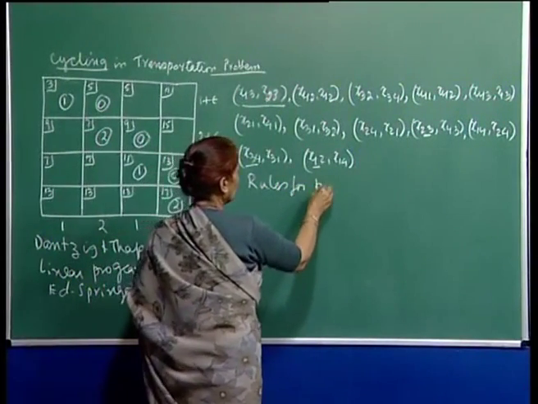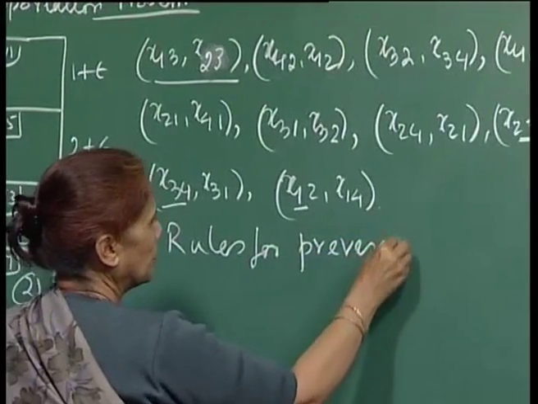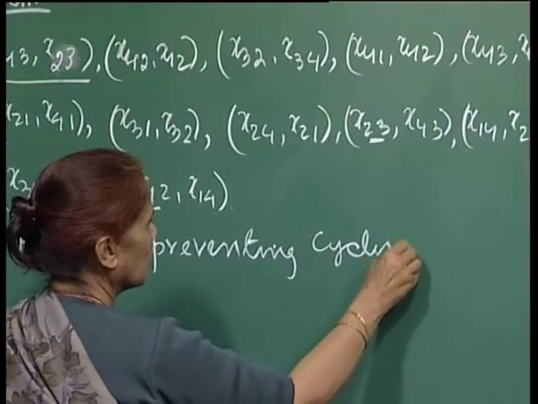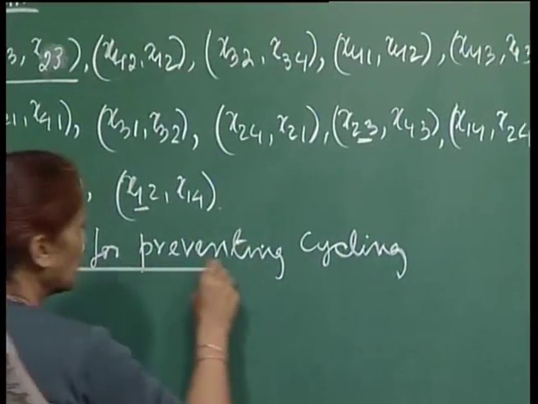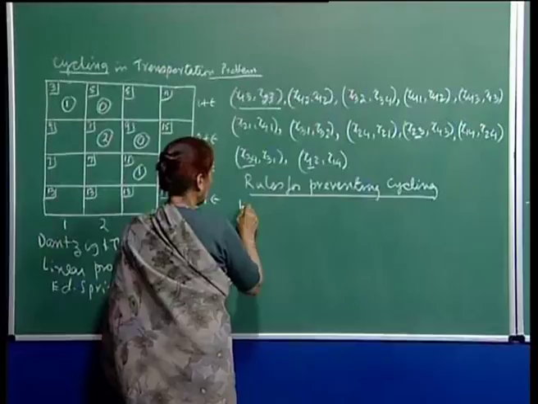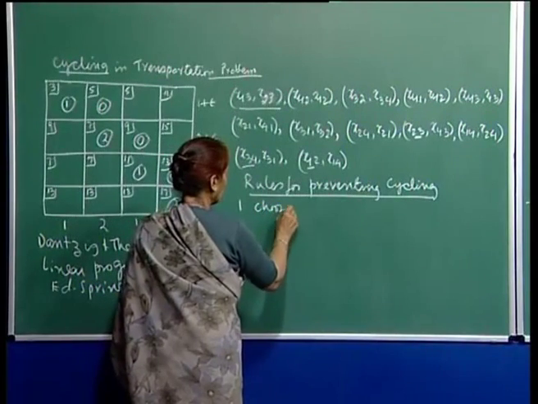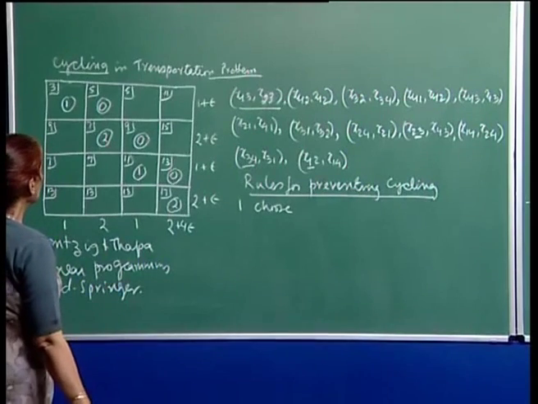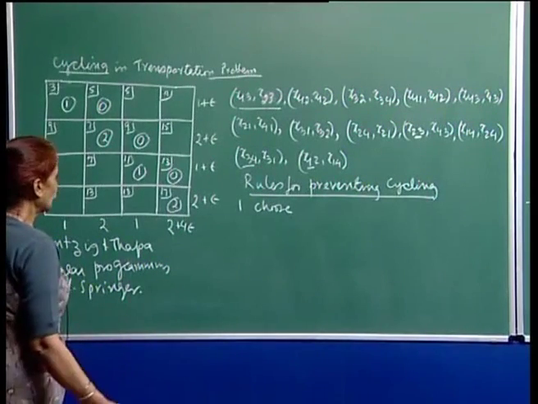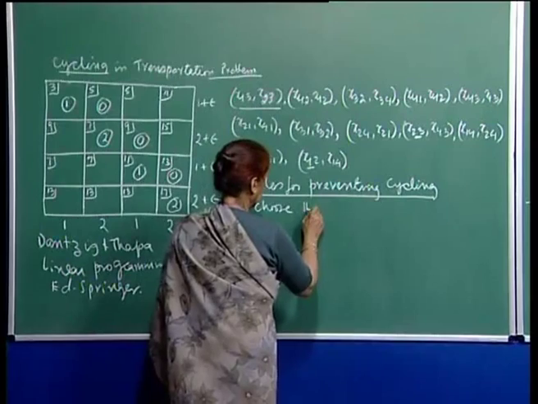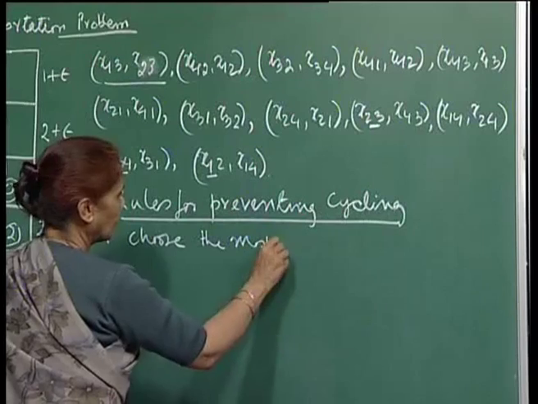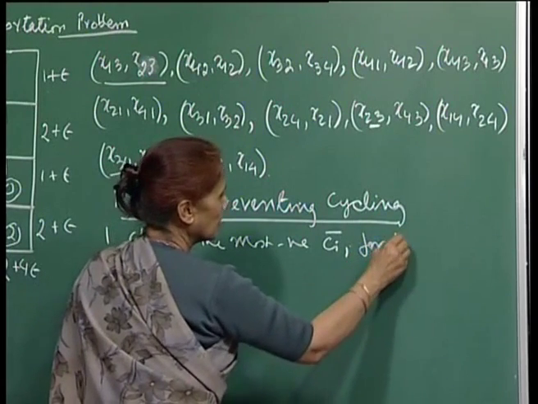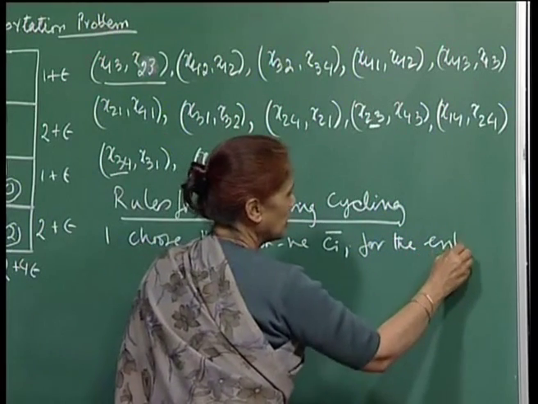Rules for preventing cycling. Okay, so rules for preventing cycling. The first one, of course, choose the... So that should not really matter whether you choose the most negative or, okay, doesn't matter. Yeah, choose the most negative Cij bar for the entering variable,